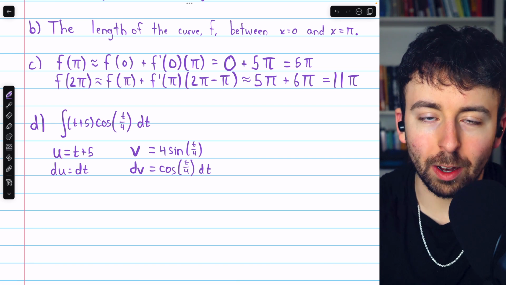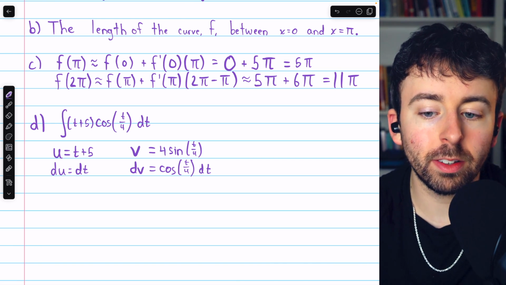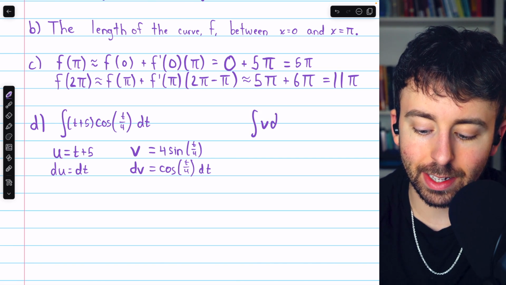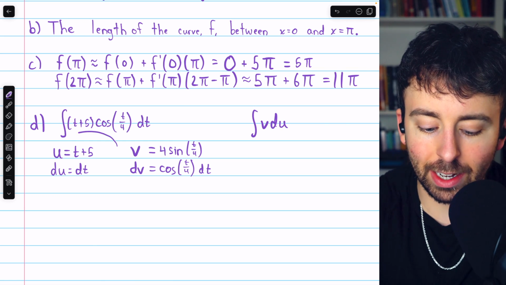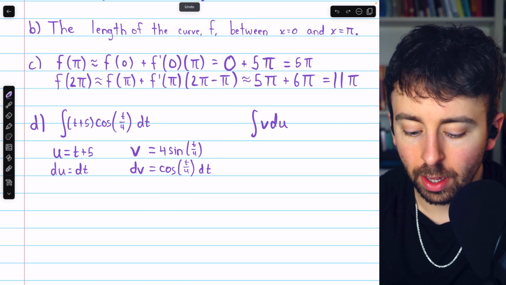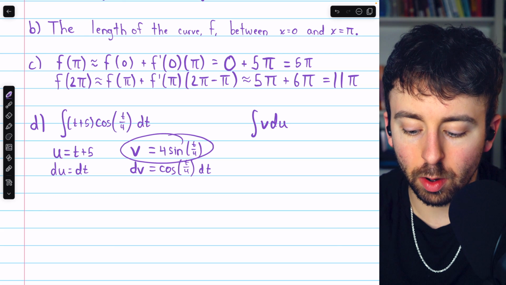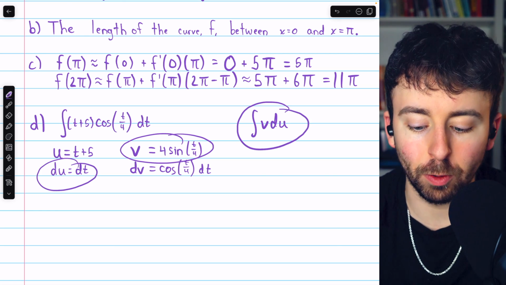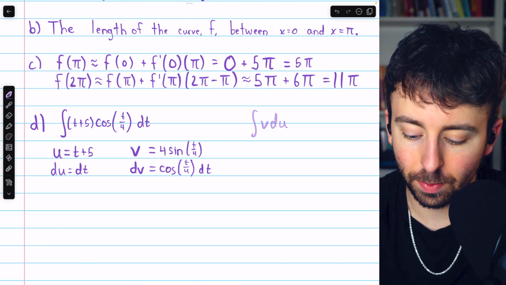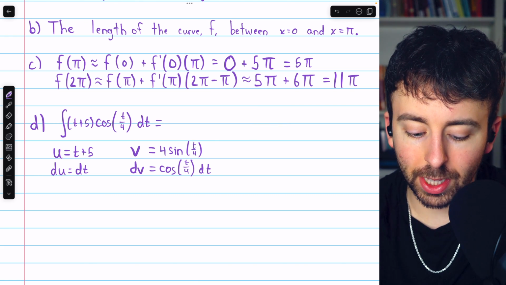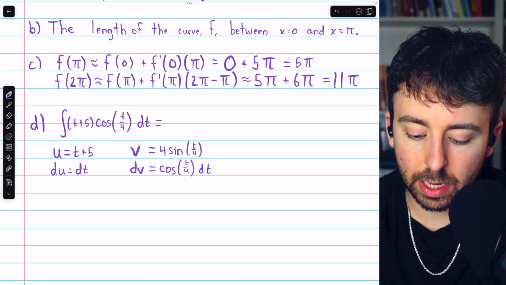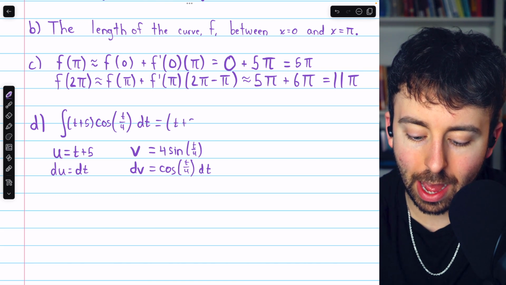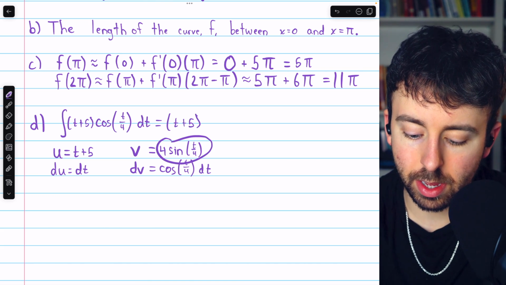Now, we should just check real quick. When we use integration by parts, we have to integrate v du. Is that something we can integrate based on our choices here? Well, v is 4 sine of t over 4, du is dt, so yes, we could definitely integrate v du. This will be very easy. So applying the integration by parts formula, this will be uv, so t plus 5 multiplied by v, which is